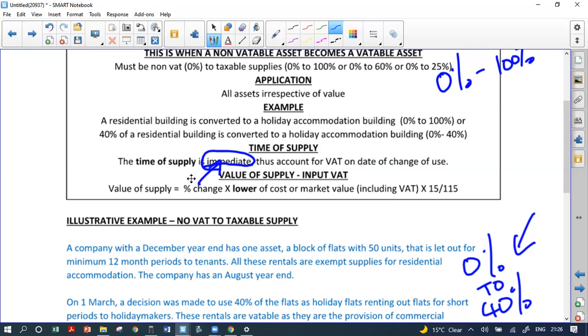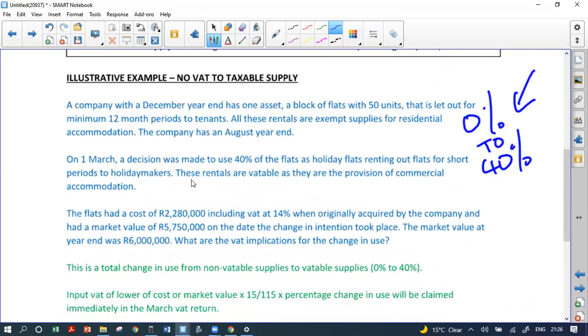And what's going to happen with it, guys? Because it's on the screw the taxpayer principle, what happens is it's on lower of cost or market value, because you want to make the input claim as small as possible. So what are we going to do? It's a total change, 0 to 40. And what is the total change? It's the lower of cost, 2280,